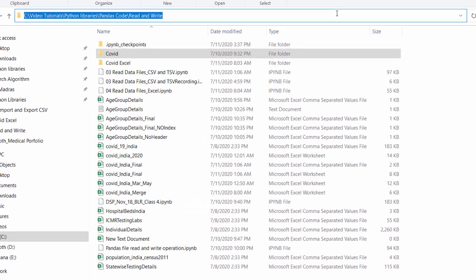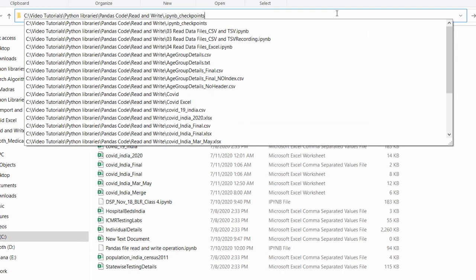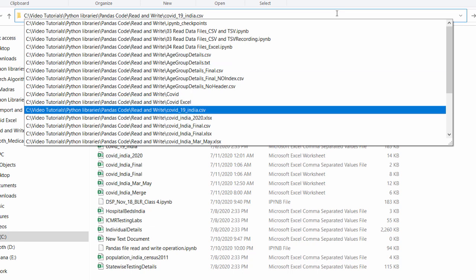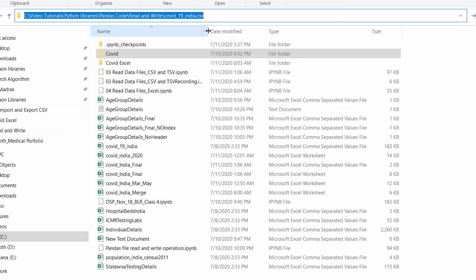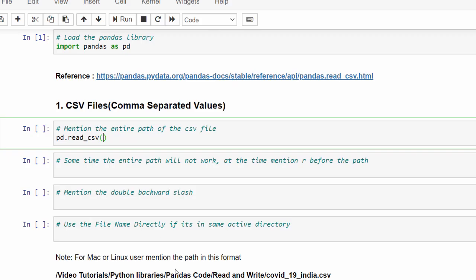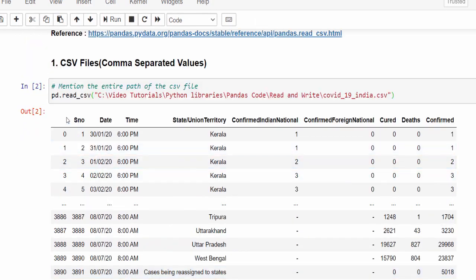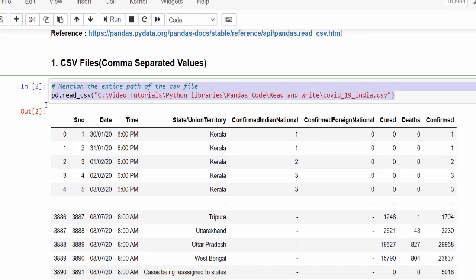Then the path of the file. Here, if you press tab, you'll get all the file names. I'm going to use this particular file, COVID-19 underscore India. Just copy pasting. So this is how you have to represent it. When you execute, you can see the CSV file.